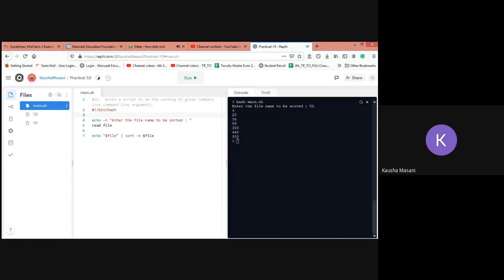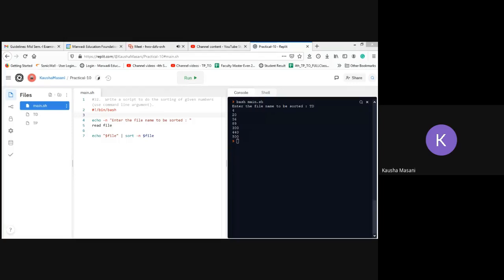Okay, moving forward to your practical number 35. Practical number 35 says that we have to see that a process is created using C. So I want each and every one of you, if you are doing it in RPL, to change your file type to C. Now it is not bash, it is C. And we have to do it using the GCC compiler.